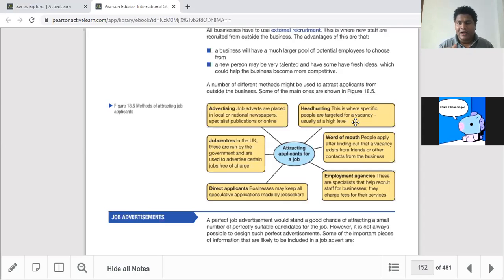Imagine currently you are getting $1,000. If someone offers you $2,000, definitely you are going to join because it's a double income, right? Who doesn't want to join like that? That's a very attractive remuneration package. As I told you, 99% chance, headhunting is sometimes very convenient and also very successful. Sometimes it's happening especially in fields like